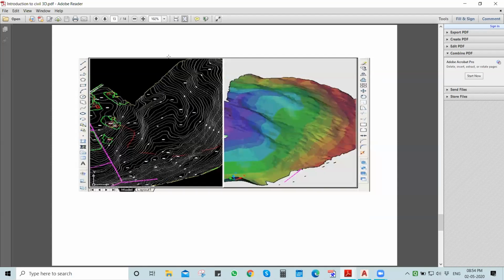Also, if you want to analyze some surface or some area, how much slope is there? Is it sloped or flat? We can have that using Civil 3D. If you have the surface, you can directly analyze that surface.